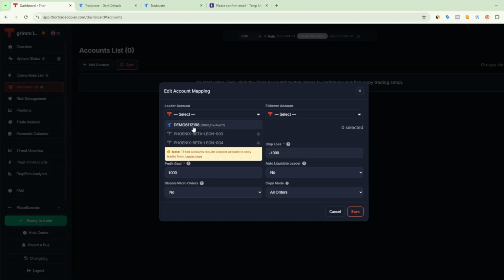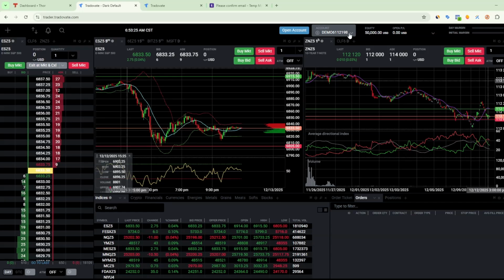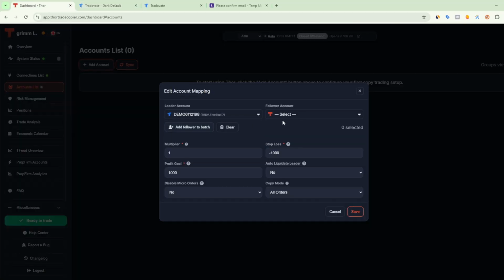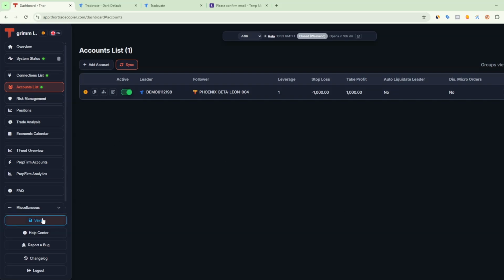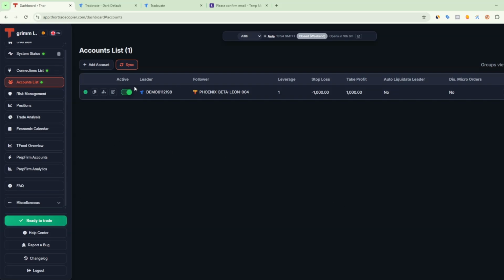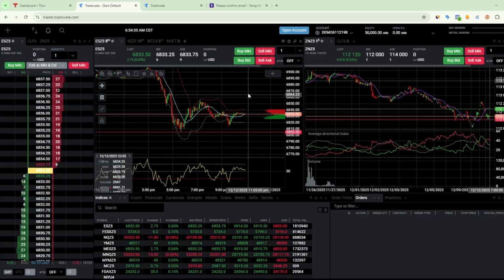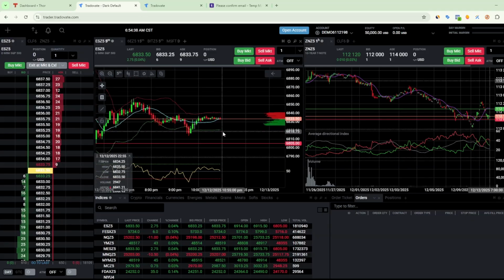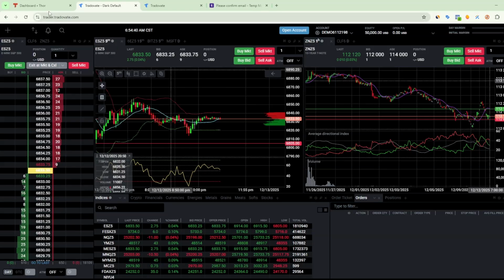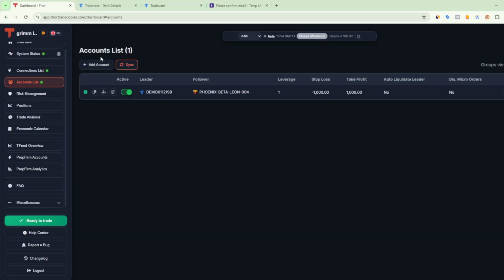So you see the account ID ending by 188, and on here it's the correct account ID. We can even go as far as doing a little test, save. So I'm configuring the Tradovate account as a leader, another account as a follower. Okay, save. And once you click save, you will be able to do some trades on Tradovate. Here it's Sunday, so the market is not moving, as you can see, but that's not changing anything. The configuration will stay as is for as long as the accounts remain active, both the follower and the leader,